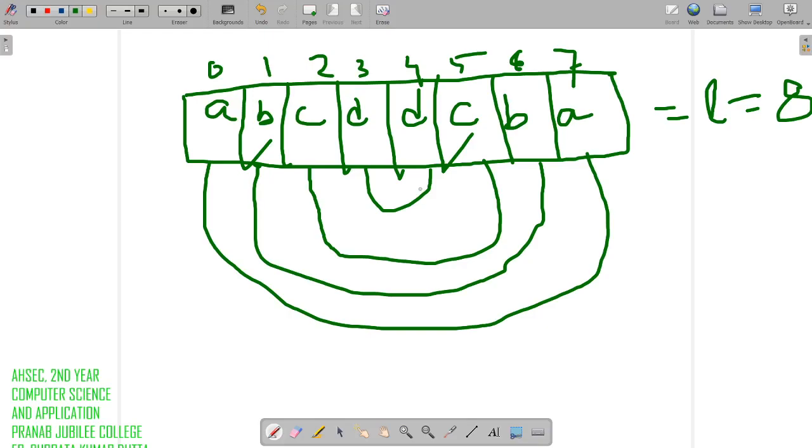Now see how we are checking. We have divided the array in two halves. All the elements of the first half are checked with all the elements of the second half, but in reverse. In the first half we take the elements from left to right, and in the second half we take the elements from right to left, right? Only this is the difference.